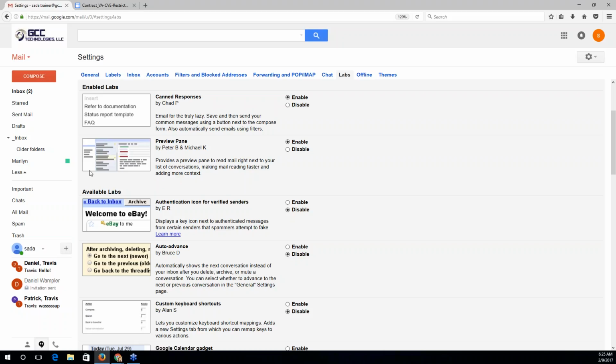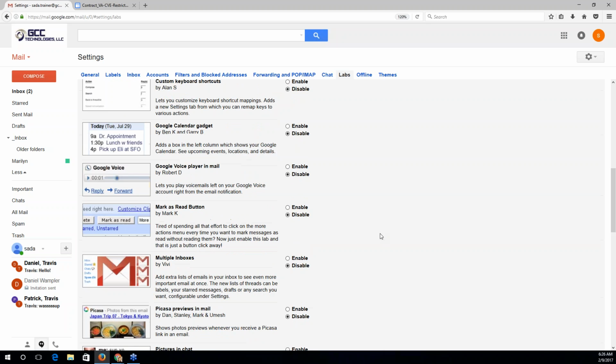So in this thumbnail here, you see this is the label list on the left. In the center, you have your messages stacked up. And if you were to select a message, then you can read its contents off to the right in a little window. So if you find yourself missing the way Outlook looked, then I recommend enabling this, and I'll show you how to work with it.